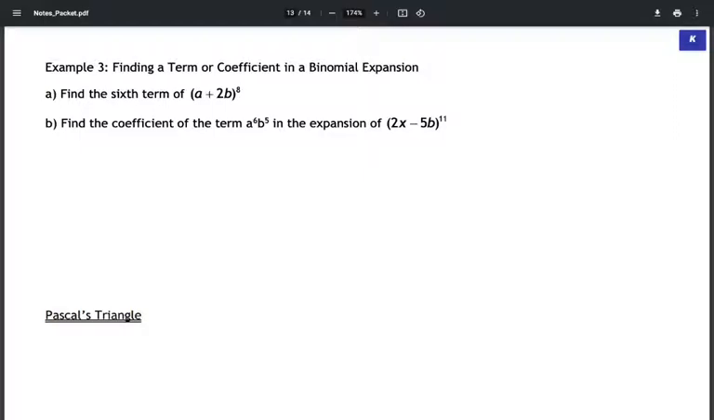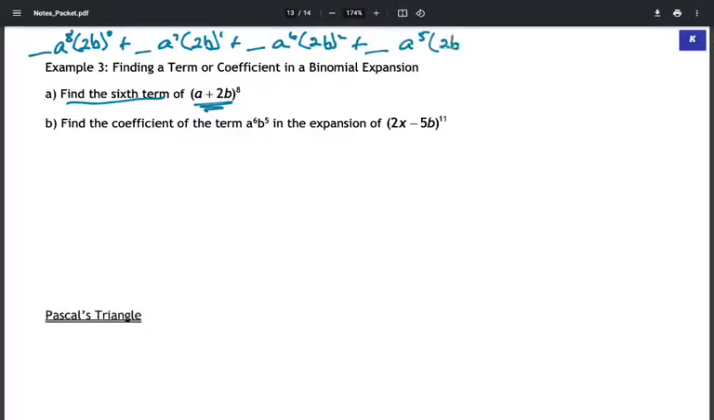Okay, on this next one, they just want you to find the 6th term of this one right here. So remember, if you were to expand this, I'm going to write it up here, you would have some coefficient, a will be to the 8th power, 2b will be to the 0, plus some coefficient, a will be to the 7th power, 2b will be to the 1st, plus some coefficient, a will be to the 6th power, 2b will be squared. Let me just write this out. That's to the 3rd power, plus some coefficient, a is to the 4th power, 2b is to the 4th power,